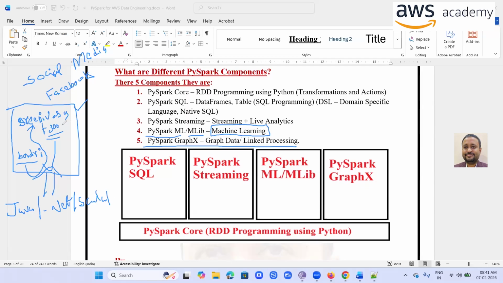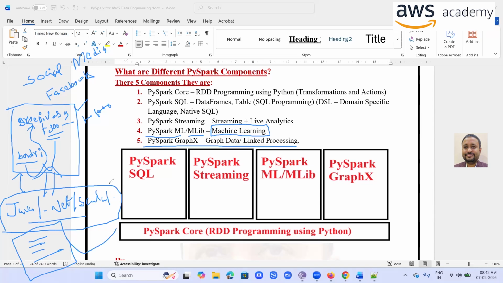Let's say again, one of the friends has 1,000 friends. For these 1,000 friends also, you may get this Badri as mutual friend information. So here we can use traditional programming to achieve this linked data processing, but we need to write complex programming. Even if you write complex programming using these technologies, you may not achieve 100% for this linked